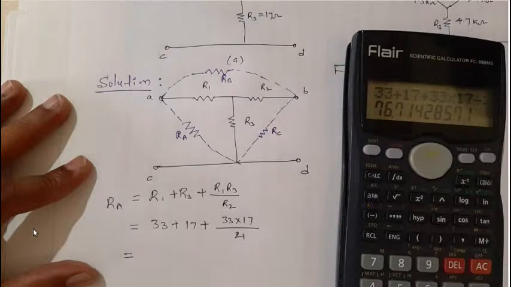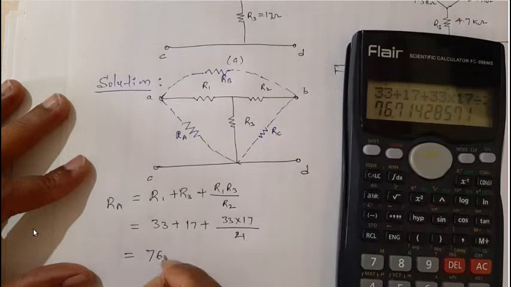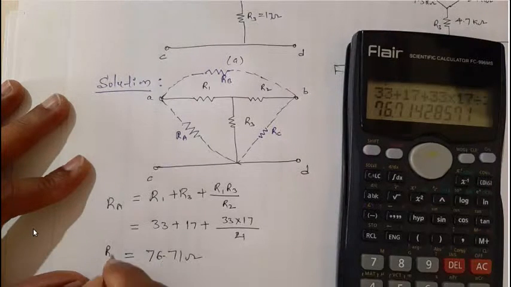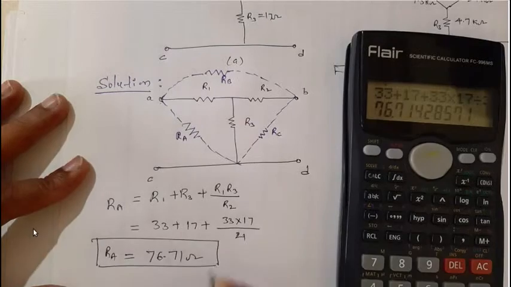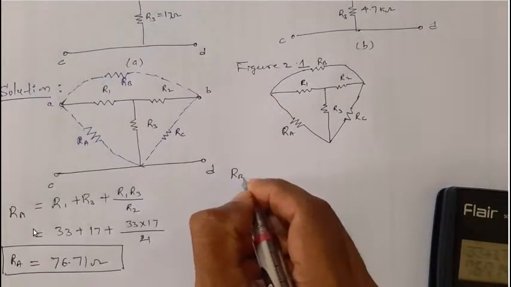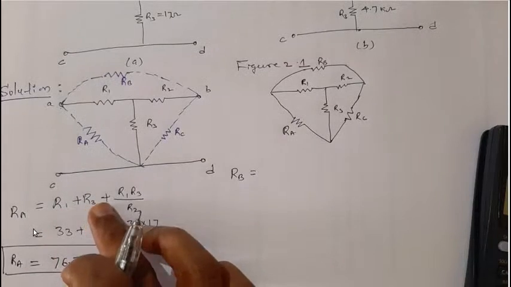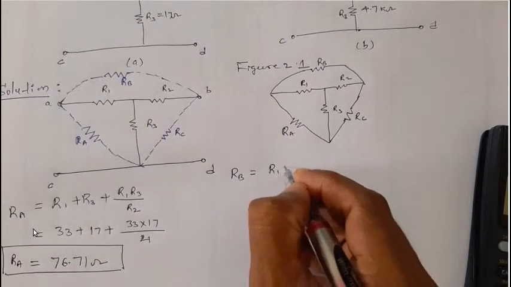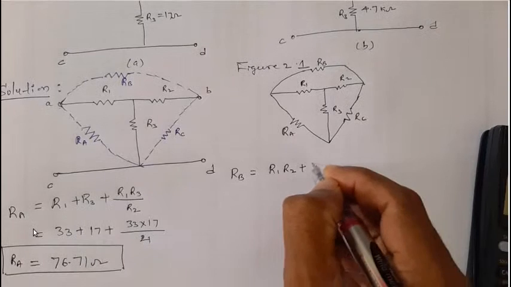It is 76.7 ohm, 71 ohm is R1, right? Sorry, RA. Then RB is equal to, say the formula for this is something like this: R1 R2 plus R2